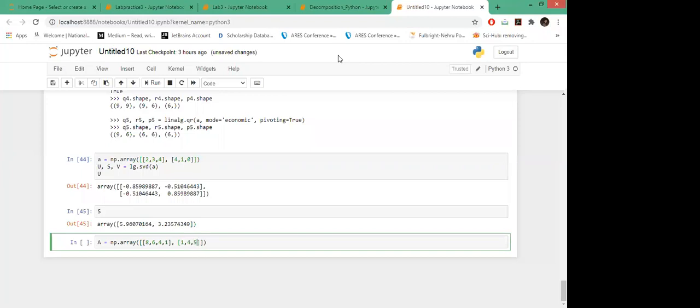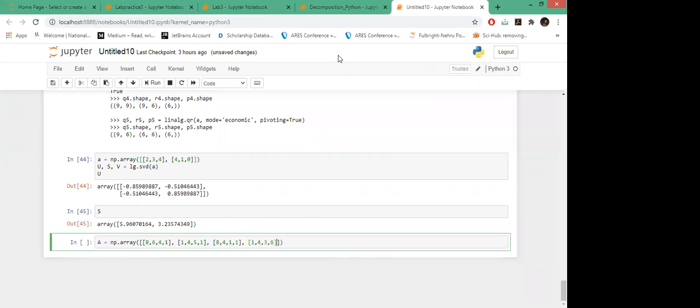But we say that systems are highly unstable when a small change or perturbation in the system brings large changes in the solution. Using these singular values, we can easily check the stability as well.